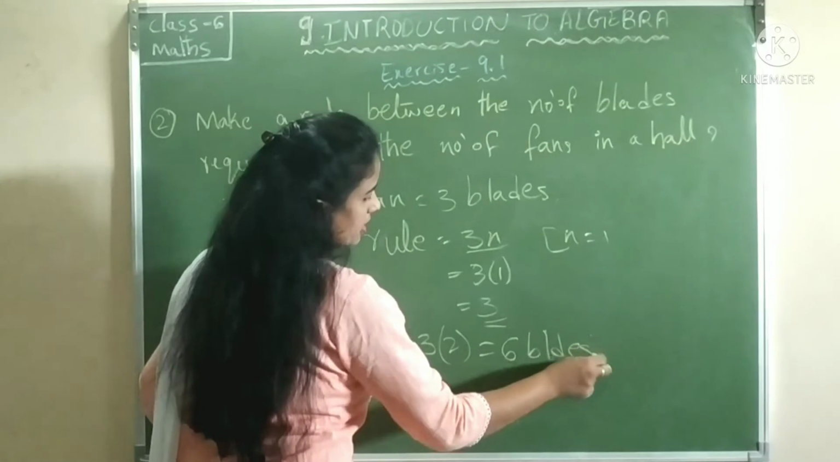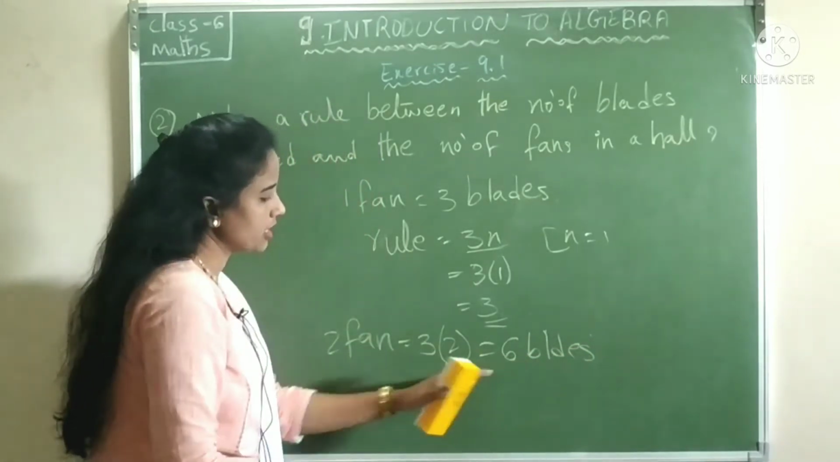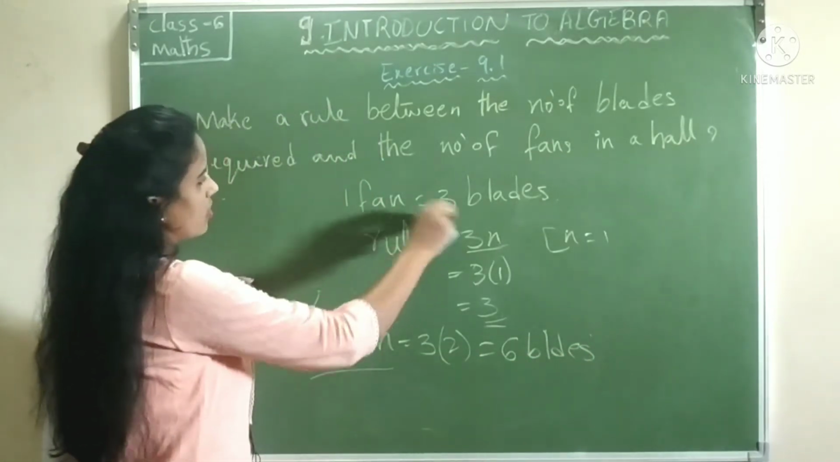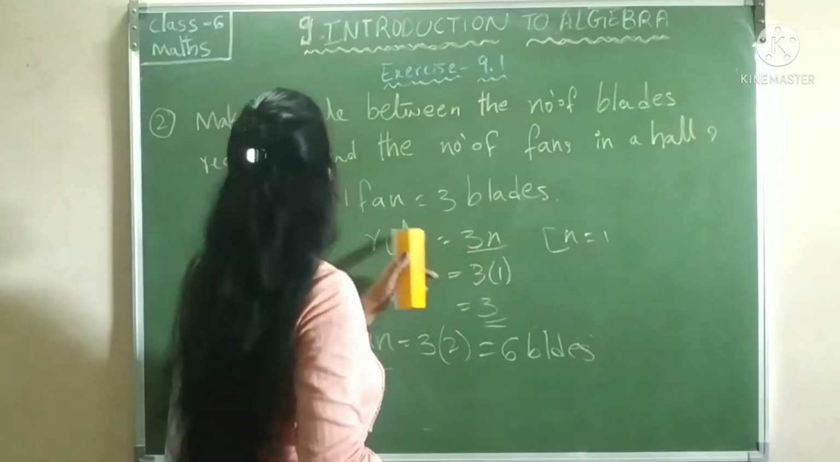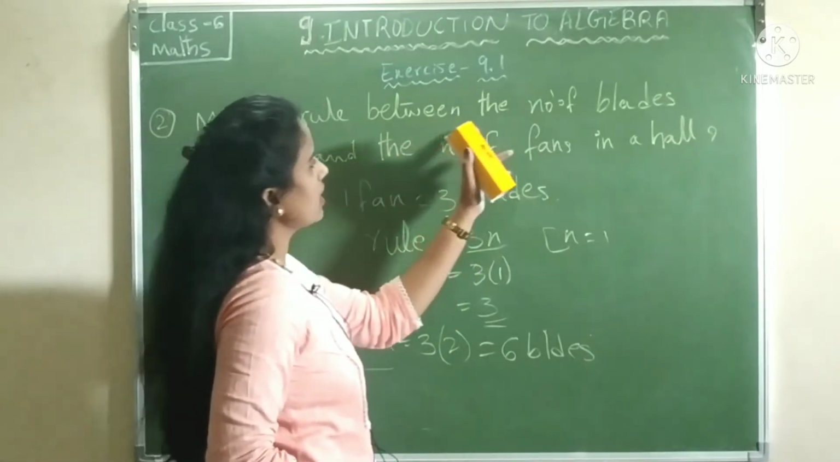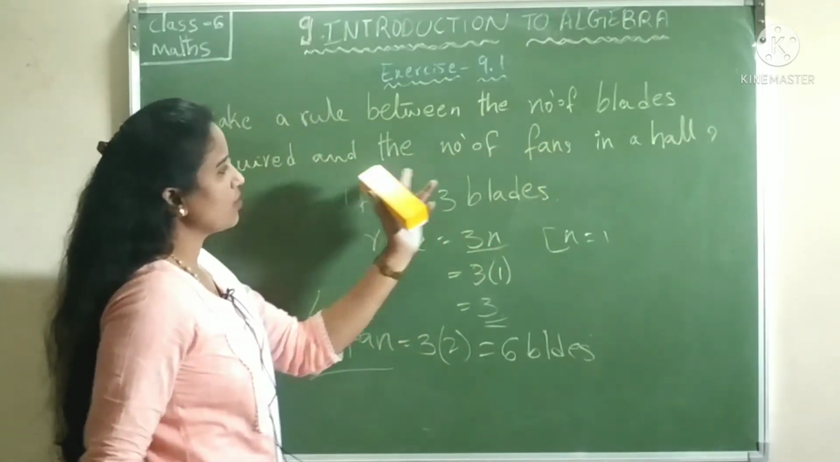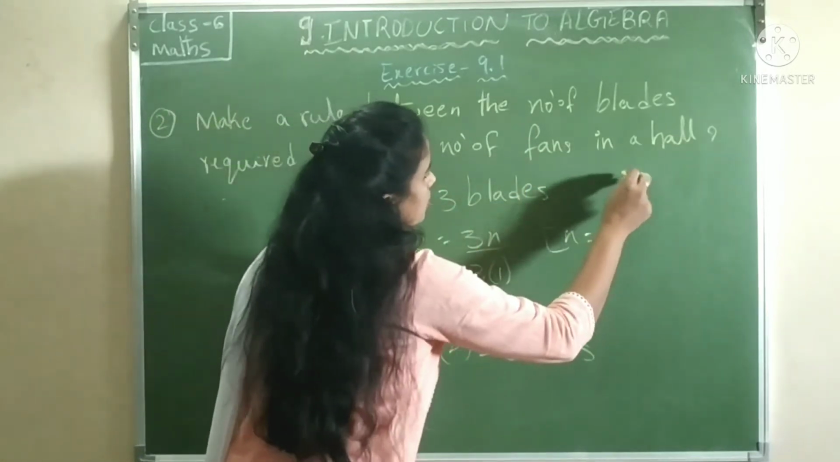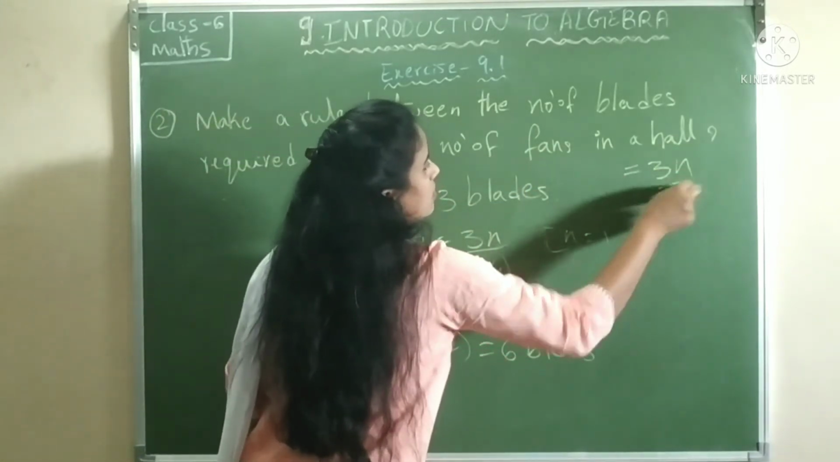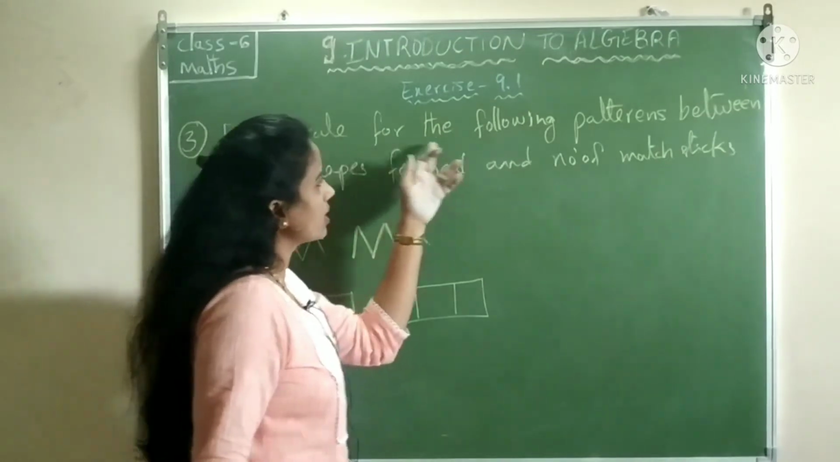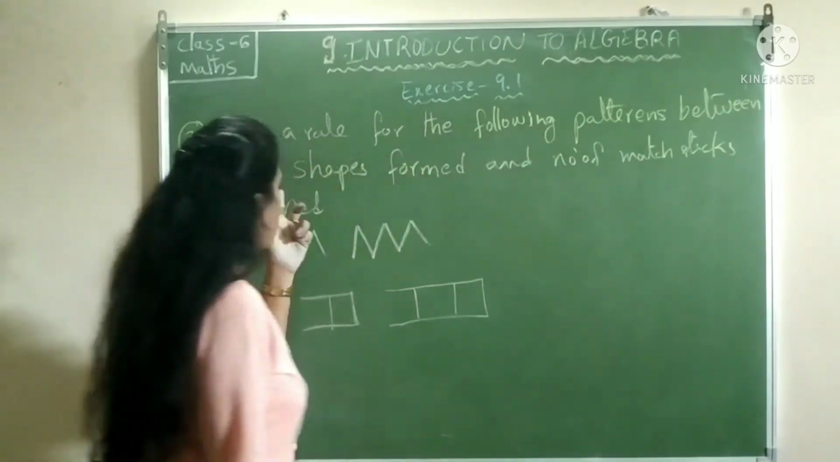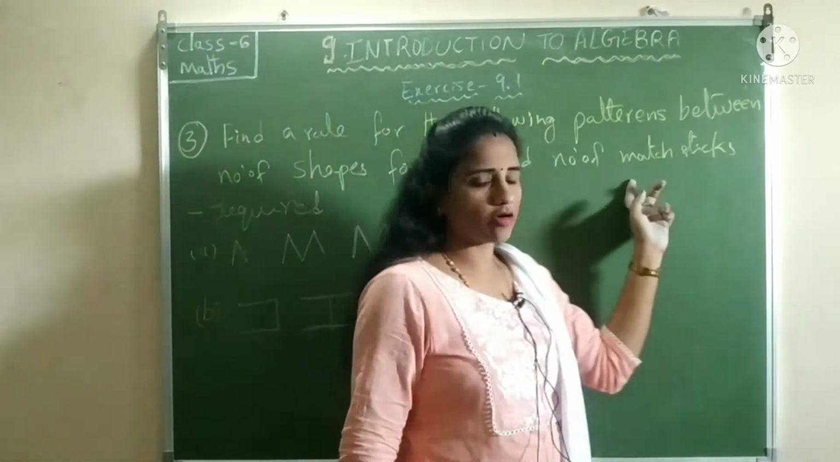6 blades means 2 fans. So our rule is 3n. Make a rule between the number of blades required and the number of fans in a hall: it is equal to 3n. Find the rule for the following patterns between the number of shapes formed and the number of matchsticks